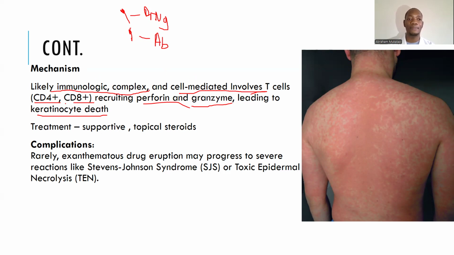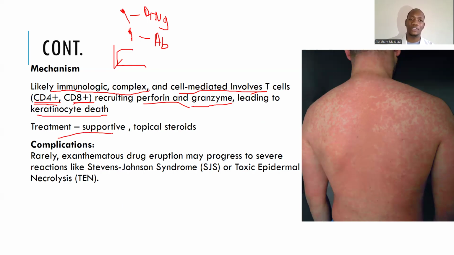Now when the immune system comes to identify these complexes, the triggered immune response will end up damaging the keratinocytes in that area. And because you are depositing immune complexes, you will end up triggering an immune reaction in the site where you've deposited them. But sometimes it is thought that the drug will be directly taken up by the keratinocytes, and then they will process and present abnormal antigens, attracting the CD4 and CD8 cells that will end up destroying the keratinocytes as target